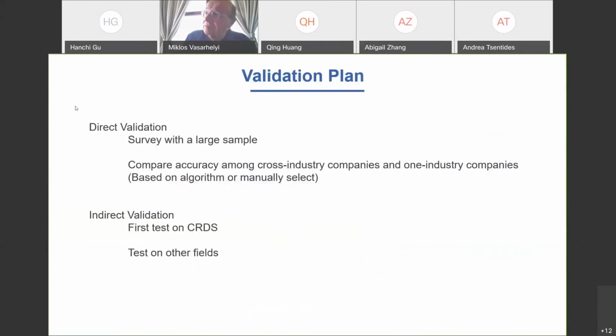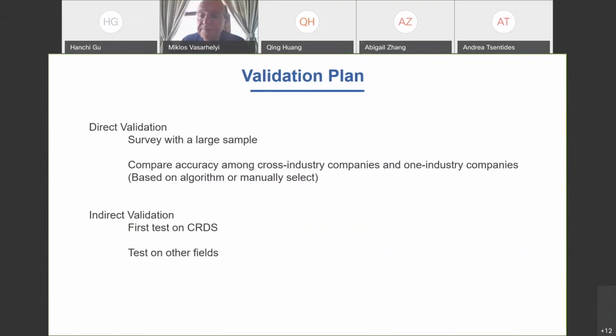Also, we need a way to validate whether this is a good way to do this. So I have a validation plan. The first one is very simple. It uses direct validation, the same as the existing literature, but we need to survey with a large sample, and we need to compare the accuracy among cross-industry companies and one-industry companies, so we can know whether this company is